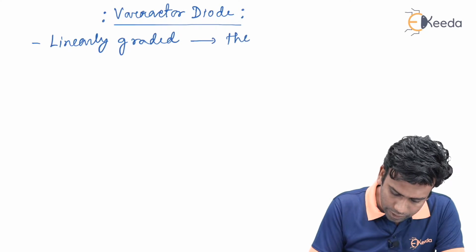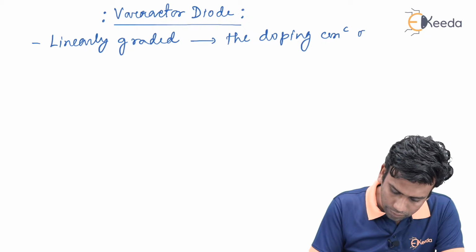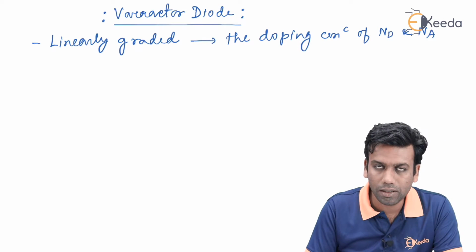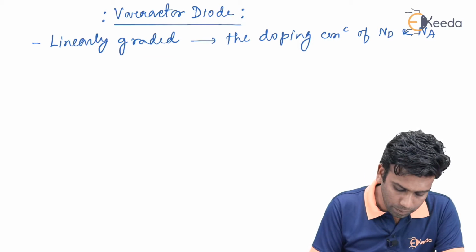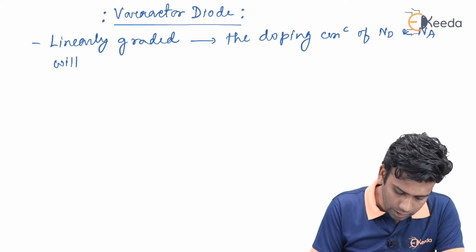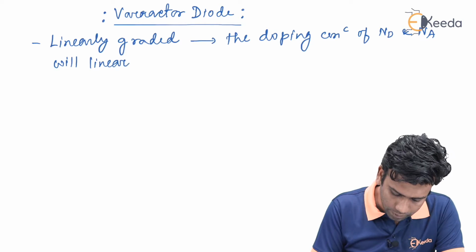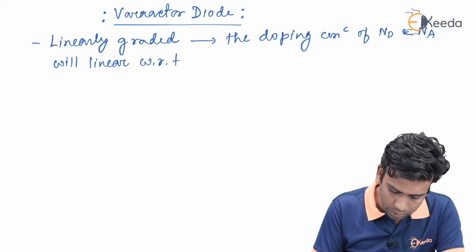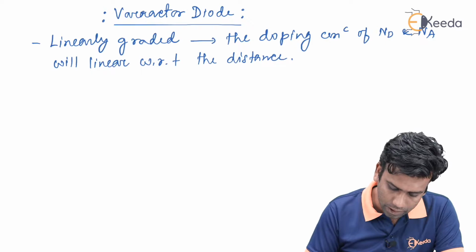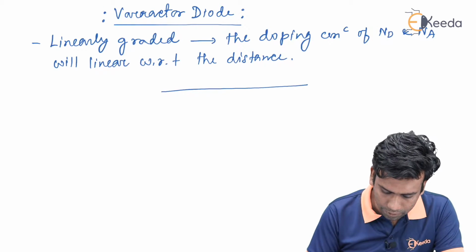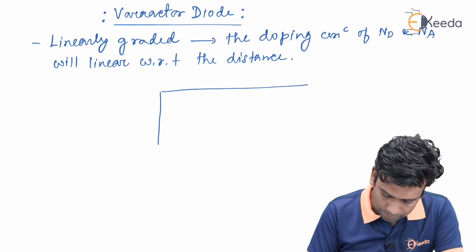the doping concentration of Nd and Na in the N side and the P side of the diode will be linear with respect to the distance inside the diode. That means if we have a diode like this,